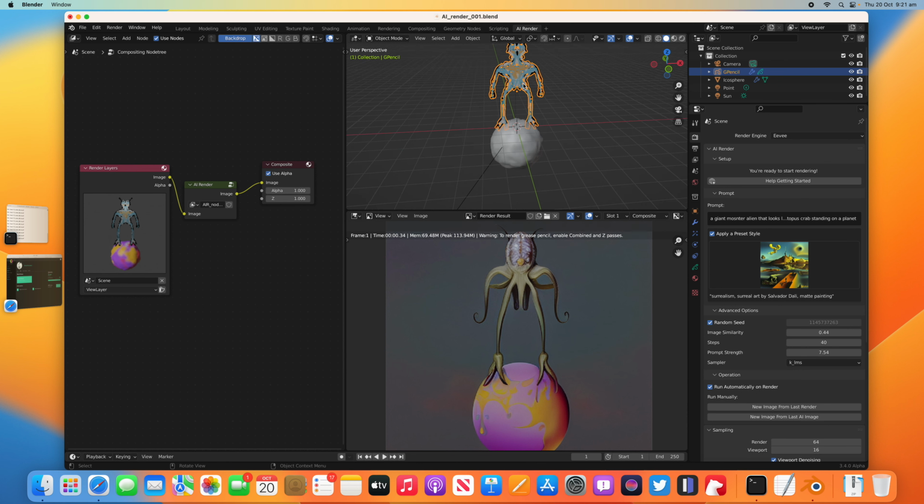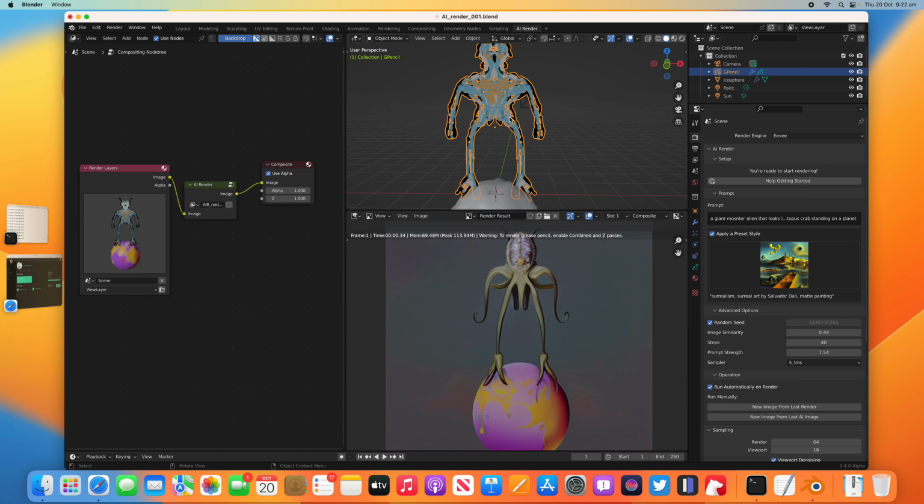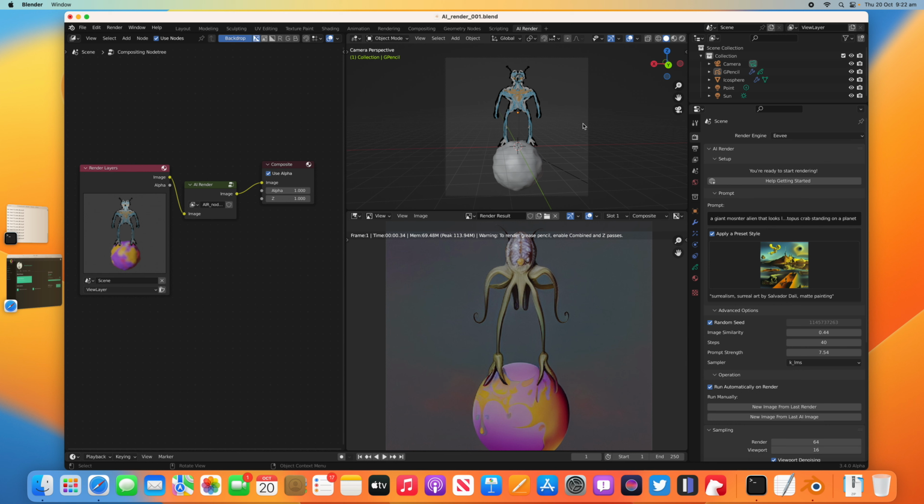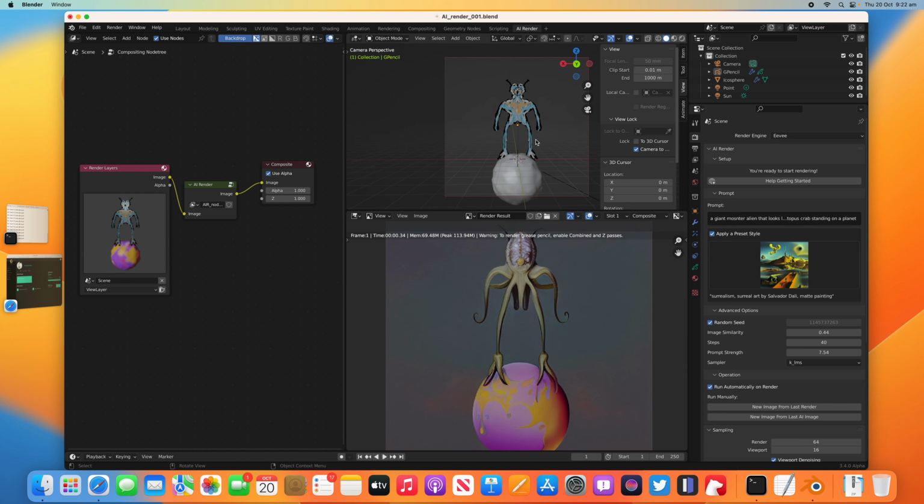So it's basically like this. It's a grease pencil doodle on top of a 3D planet. It's a very simple planet. If I jump into the camera, you can see, and if I change the camera angle, or maybe crop it a little bit closer, and I hit a render,